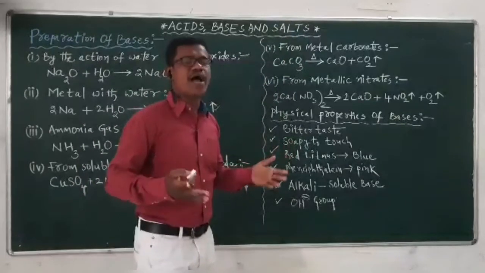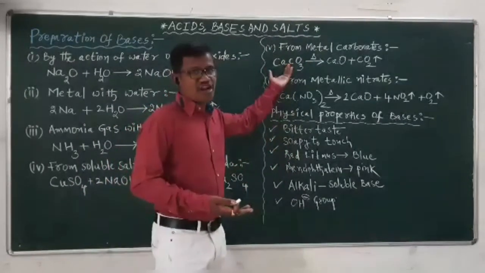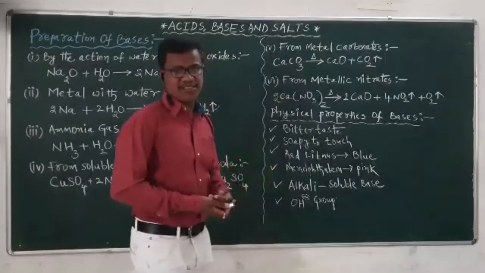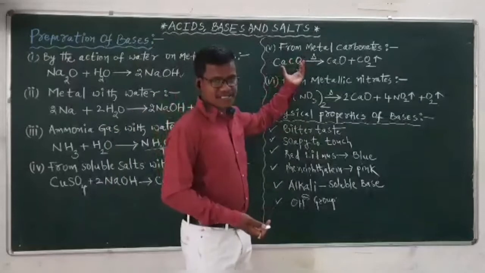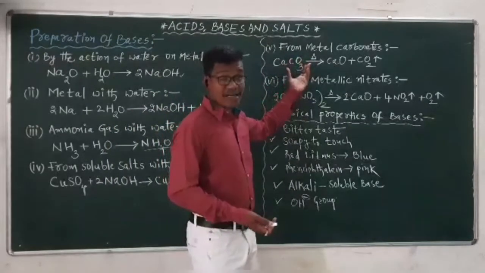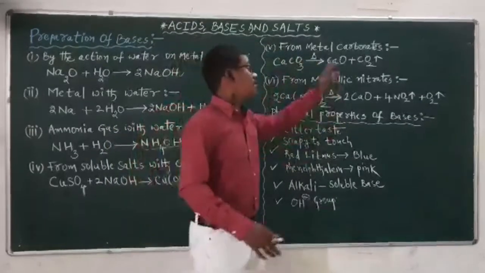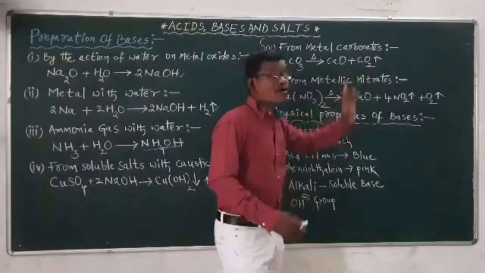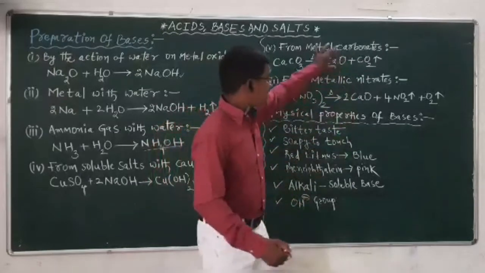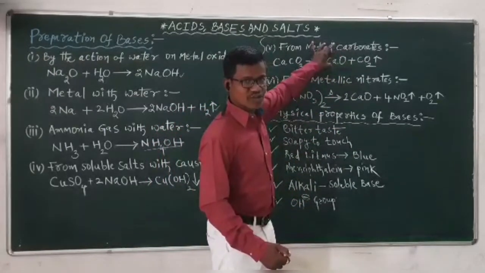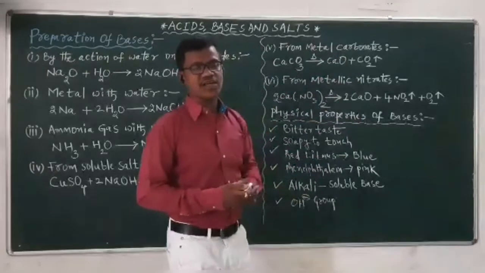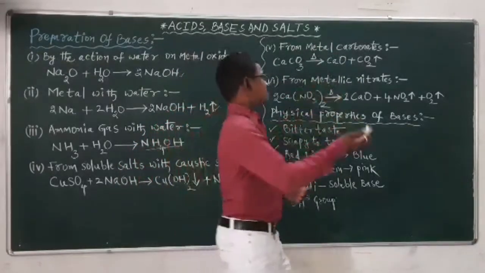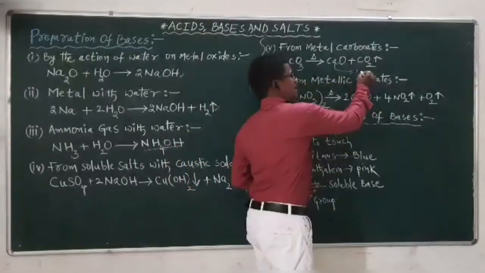Metal carbonate means you have so many examples. Calcium carbonate. Here the calcium is the metal and the CO3 group is called carbonate. So calcium carbonate is a metal carbonate. I am heating that calcium carbonate. At that time I am getting a metal oxide, which is called calcium oxide, and carbon dioxide gas. So when this calcium oxide, a metallic oxide, reacts with water, then you will get a base. And the base is calcium hydroxide,